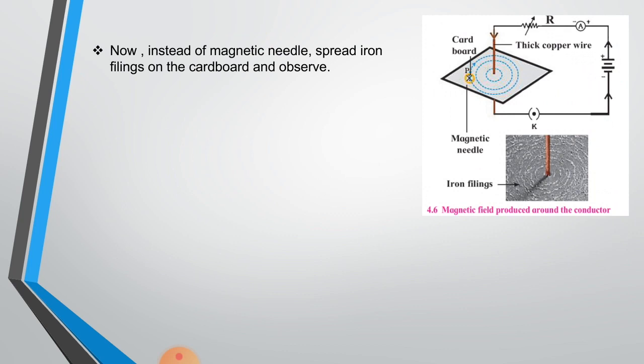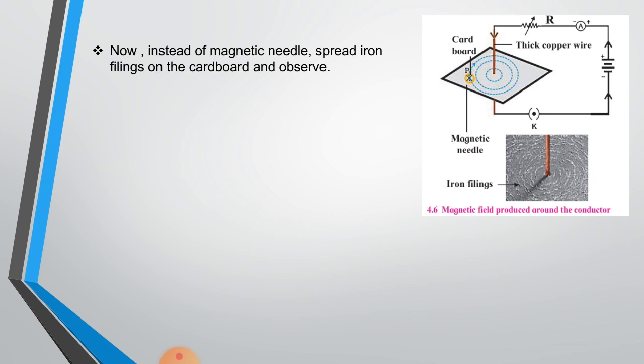Now here is one question which is given in your textbook: what changes are caused by increasing or decreasing current? When the current increases or decreases, what will happen? The magnetic field will also increase and decrease. Yes, and the deflection also goes on increasing and decreasing. Okay, when we go far away from the field, the deflection will decrease the farther you go.